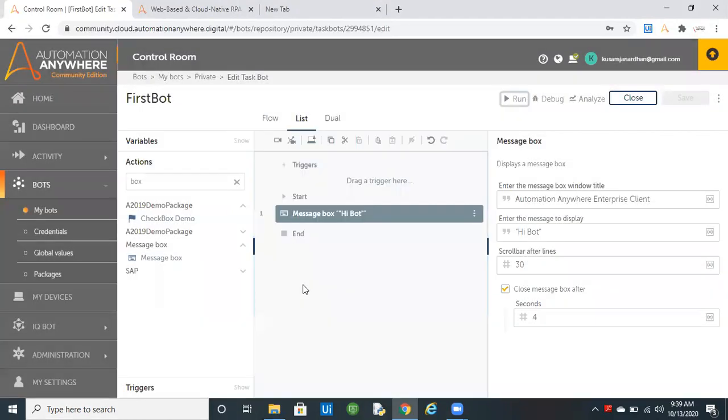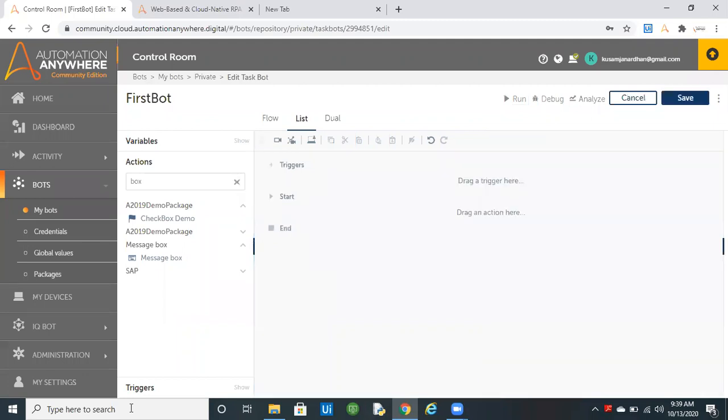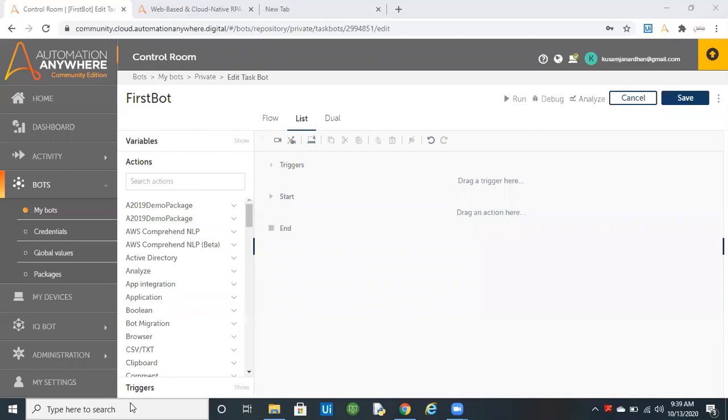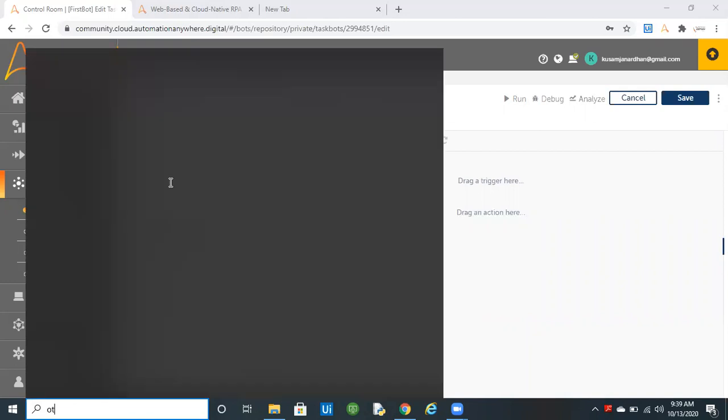Let me select and delete this command. Today we will learn the Folders command in Automation Anywhere. Let me select the Folders command.